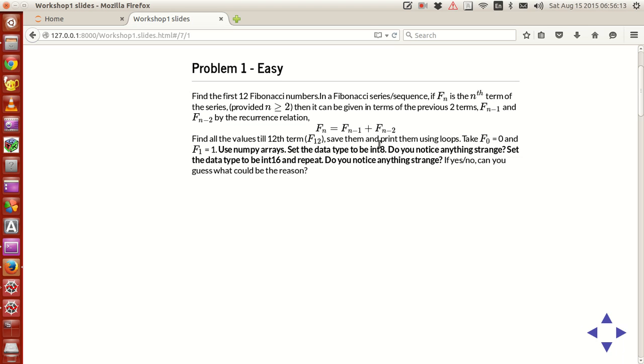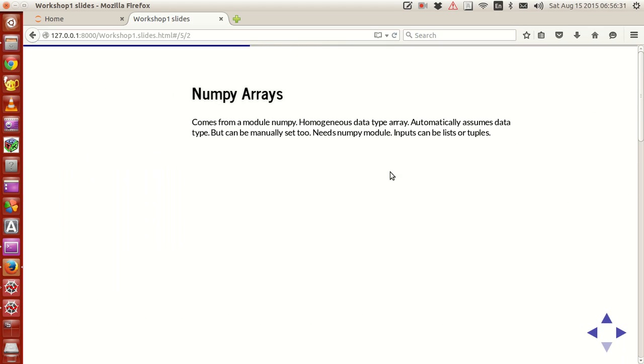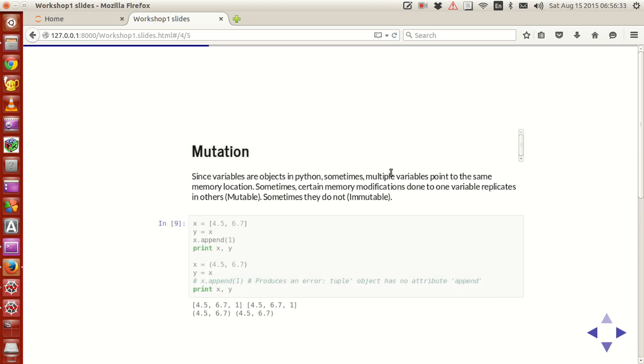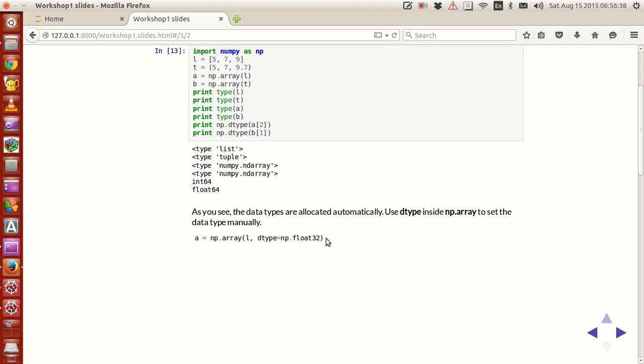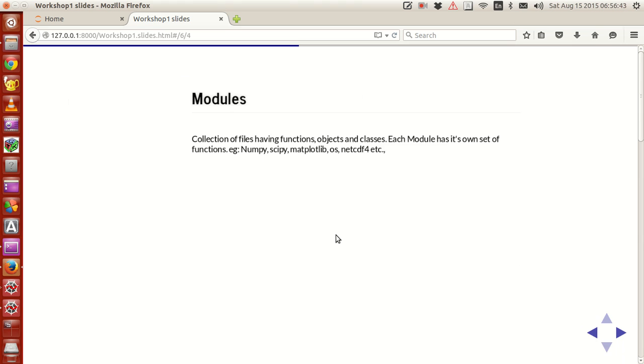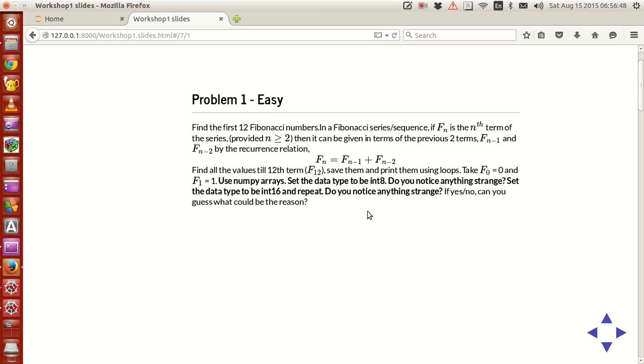And now the catch here is, use numpy arrays to do all this calculation. You can do this using lists and tuples if you want to experiment with it. It's not a problem. And when you use numpy arrays, set the value to be int8. Now remember the numpy arrays thing over here. If you want to set the data type, you have to set it like this. In the exercises, what I'm saying is to set the data type of these arrays to be int8,